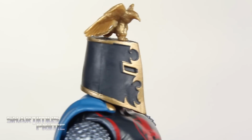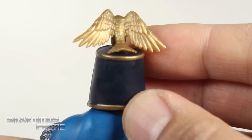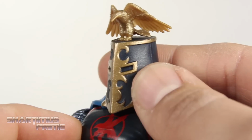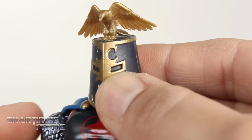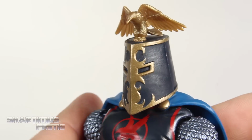Nice clean paint apps. Just to nitpick a little bit, I wish we got a little bit of a brighter gold color, but I mean, I still really like it a lot. It does have that aged look if it's kind of a slightly darker tone, so I'm not too bothered by it. And then popping this off right over here, we can put on what I consider to be the coolest